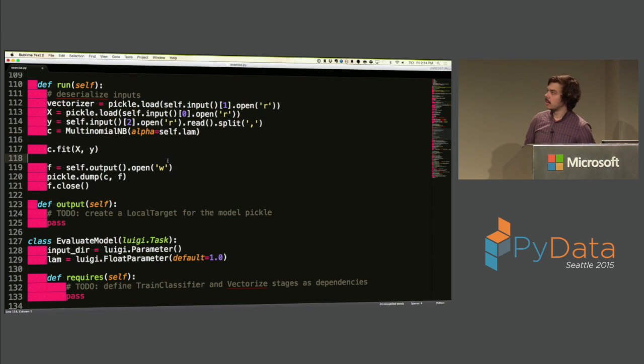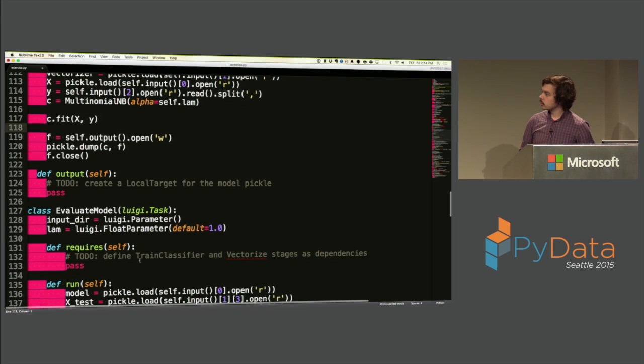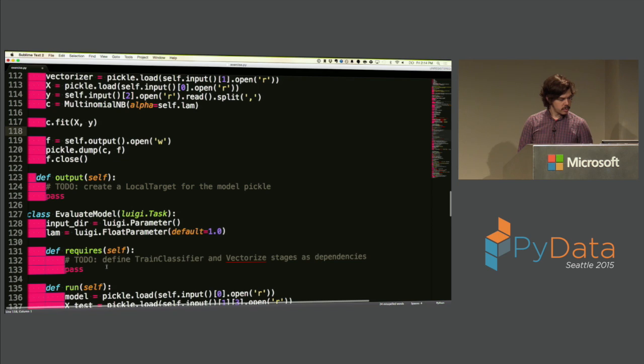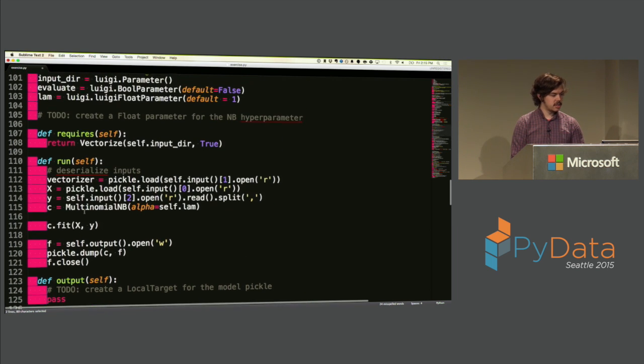So even if our vectorize here doesn't break, there's no real way to store our model in memory and let Luigi know, hey, it's in memory, go to this address and read in this Python object. We have to just do it through serialization and deserialization